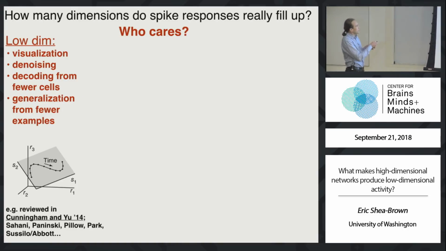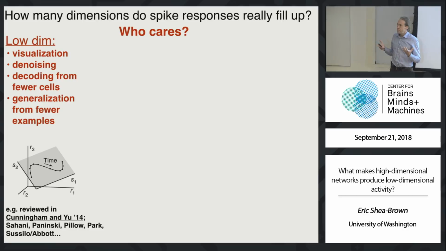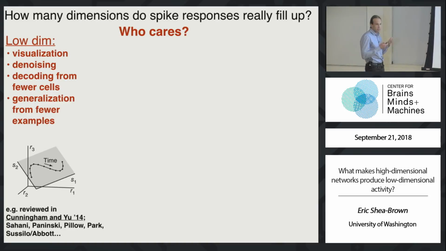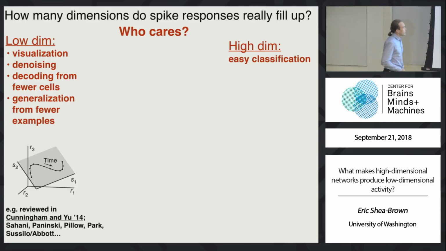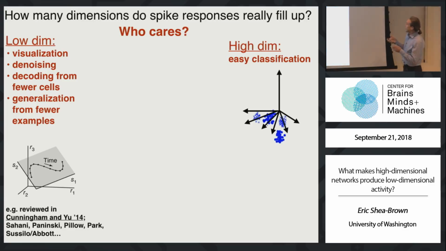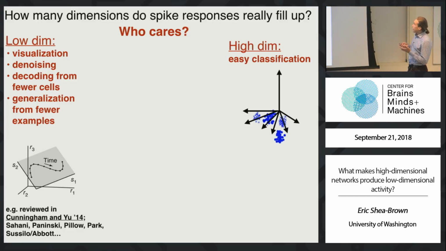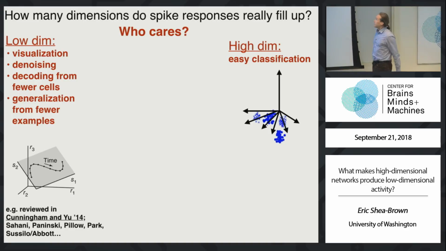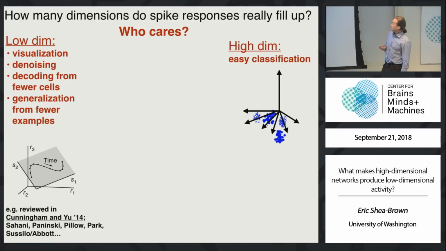There's a machine learning justification as well, and that's that if the data are eventually represented in some way that doesn't require too many parameters, I don't need too many samples to learn what the representation, say, of a particular object category is, and a system could learn based on fewer examples. Well, the alternative outcome, though, has an advantage too. What if things are very high dimensional? This is a classic picture. Well, then maybe the representations that the brain is forming enable easy categorization or classification of different stimulus categories.